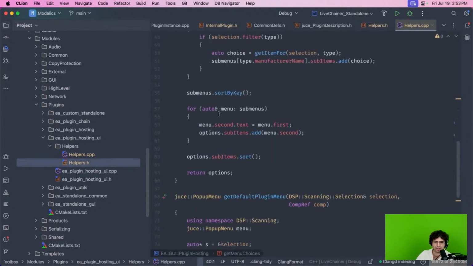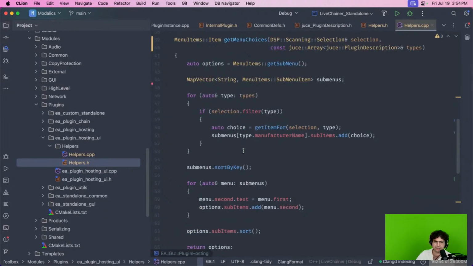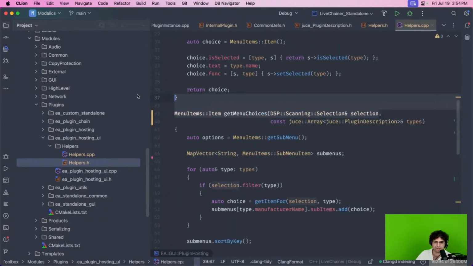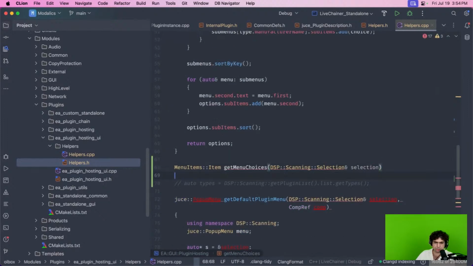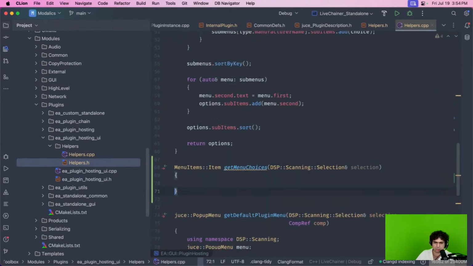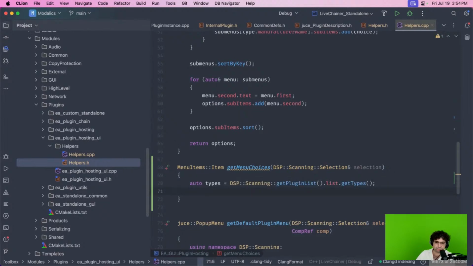Okay, so I should be able to basically duplicate, I guess, a default function, or recreate a default function. So one of them will do